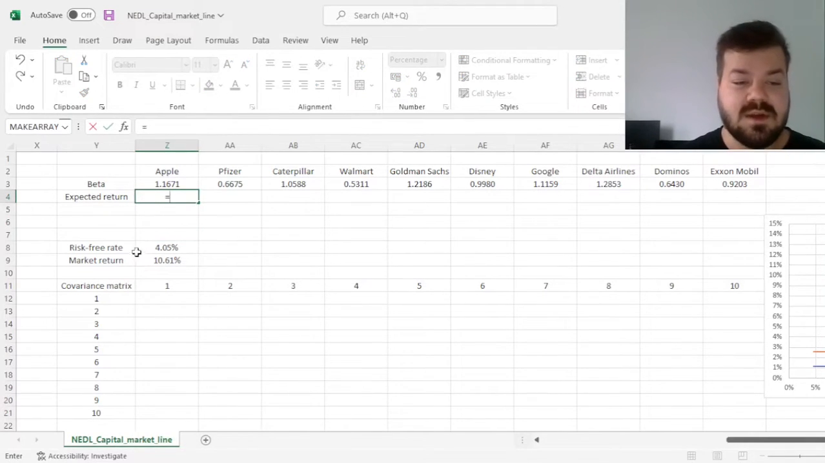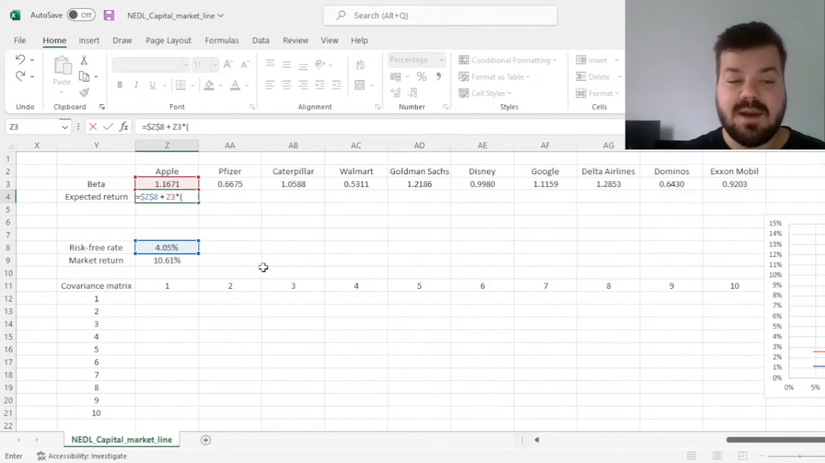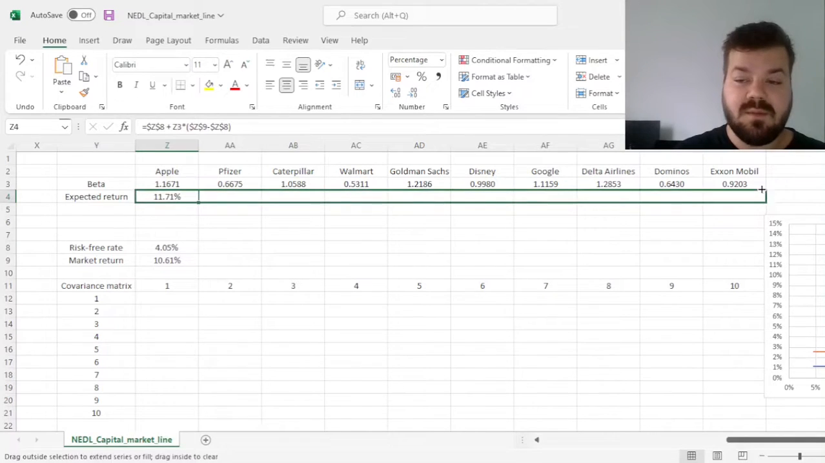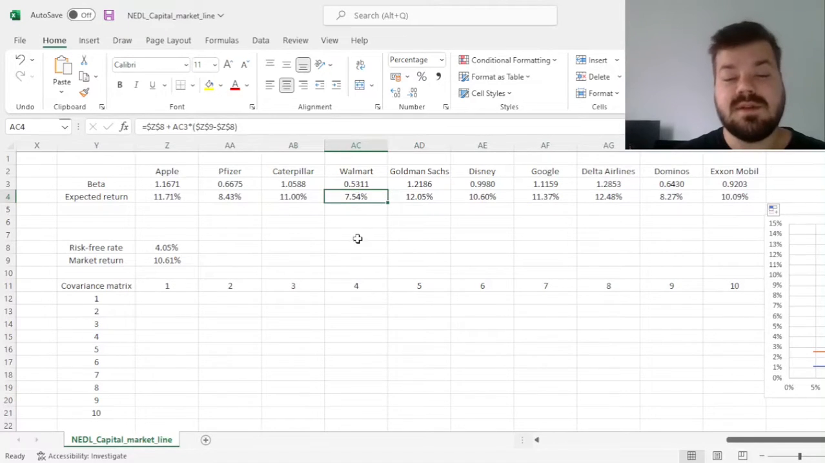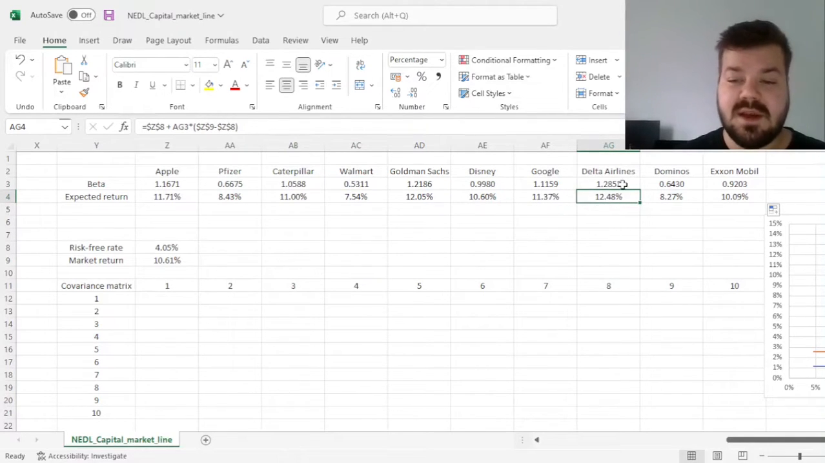And for expected returns, we just need to add on top of the risk-free rate, which stays the same throughout our stocks, their betas, which we don't need to lock as they vary from stock to stock, times the market risk premium, which is the market return locked minus the risk-free rate locked. And that's expected returns done with. We can see that the least risky stocks, such as Walmart, have the lower expected returns, reflecting the low risk premium they have to compensate investors with, given their low beta exposures. And the highest expected return occurs at Delta Airlines, which has the highest beta in